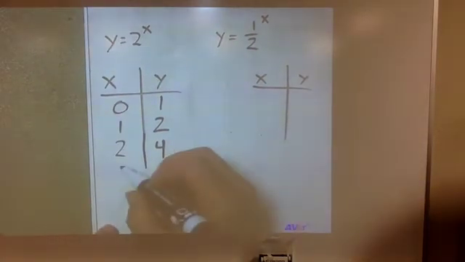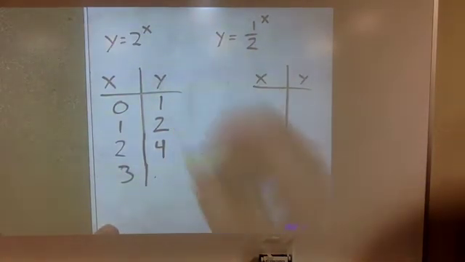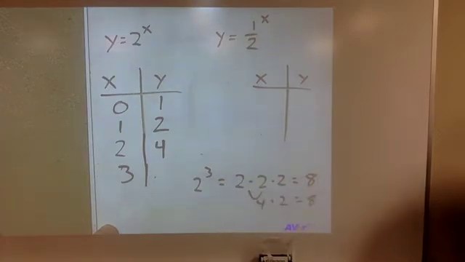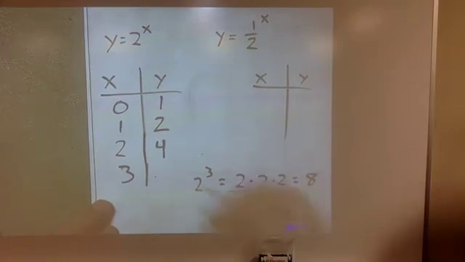Let's do one more, 3. 2 to the third power is not 6, it's 2 times 2 times 2, which is 8. 2 times 2 is 4, 4 times 2 is 8. All right. Over here,